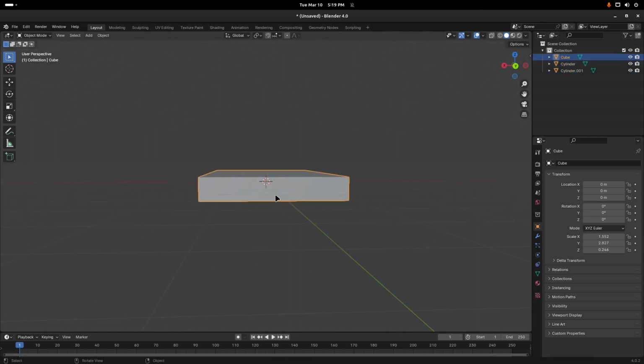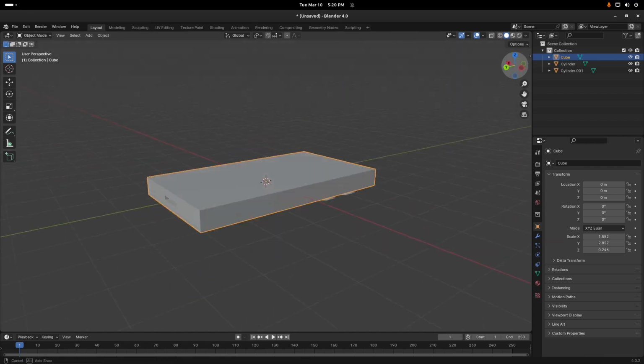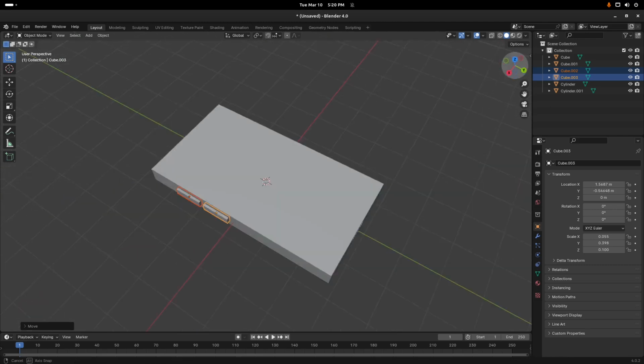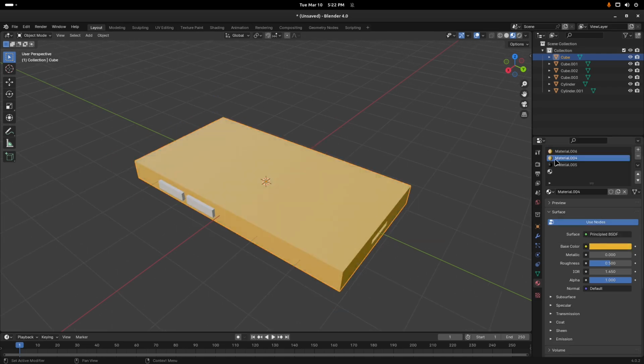Now we will click the bottom part of the phone, and inset and extrude inwards to create the charging port. Then we will create a new cube mesh that we will scale down to be used to make the power and volume buttons. Now we can create the materials, one for the color of the phone, which will be yellow,